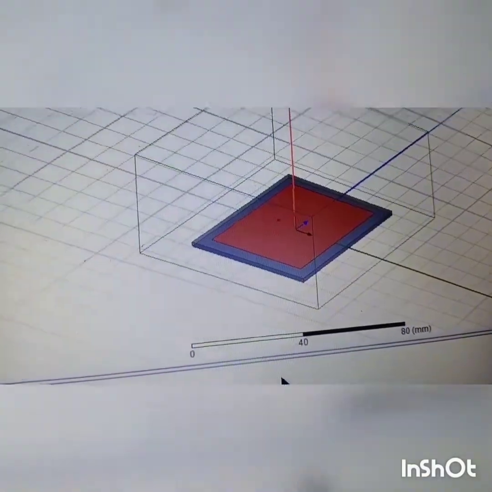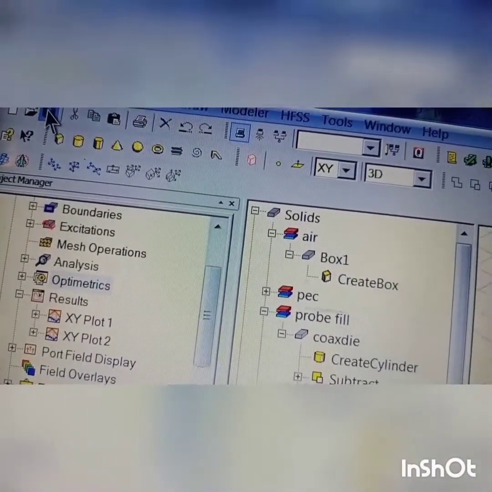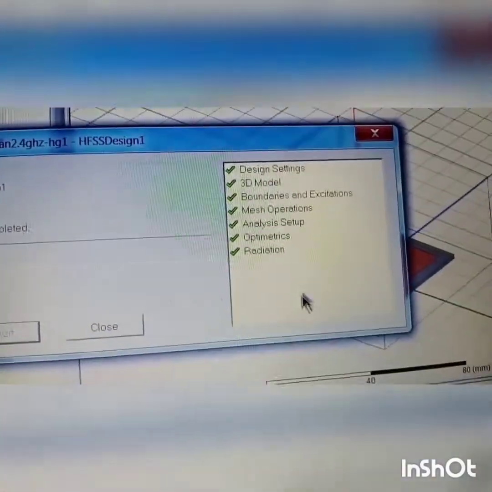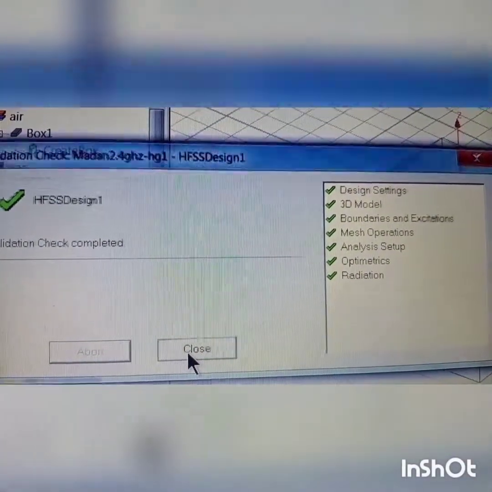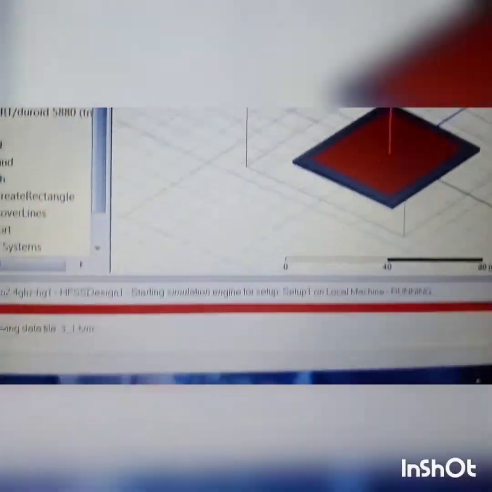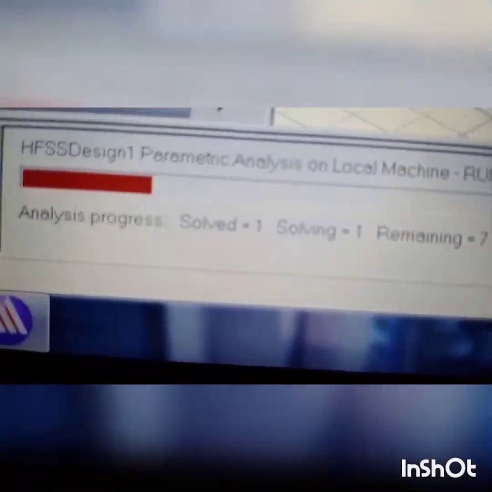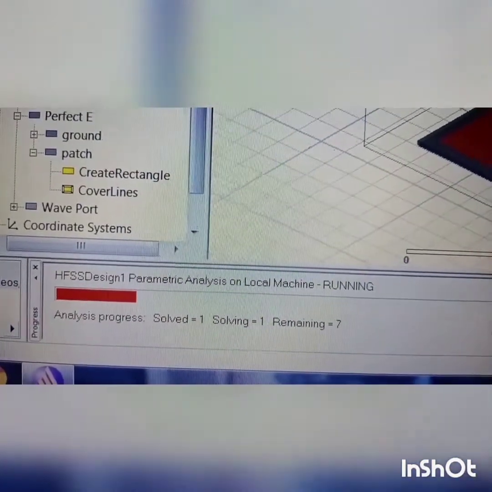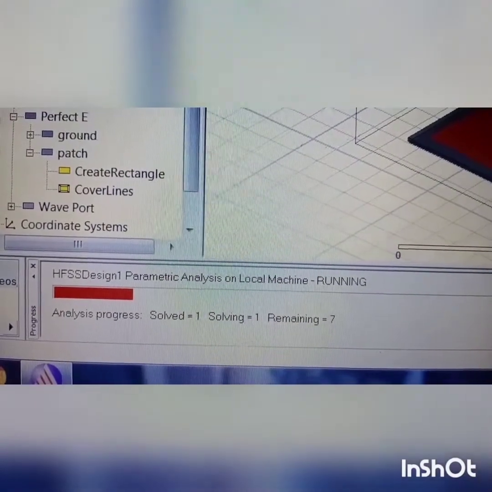Now it's okay, everything is right. Now again you check for validity. If you are not satisfied, save it and validate, and then you analyze. Once you click the analysis button, it will take a lot of time because it will calculate the number of passes. Here, 8 to 12 with 0.5 steps is almost 8 passes. That's why it will take much time to evaluate all the points and then bring the results.